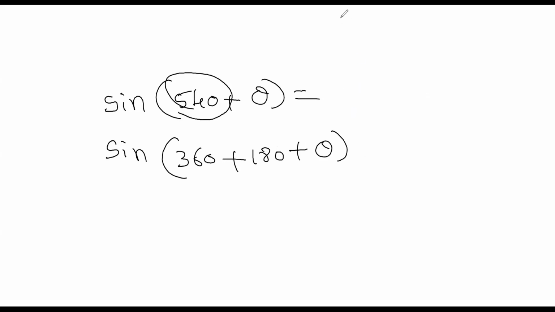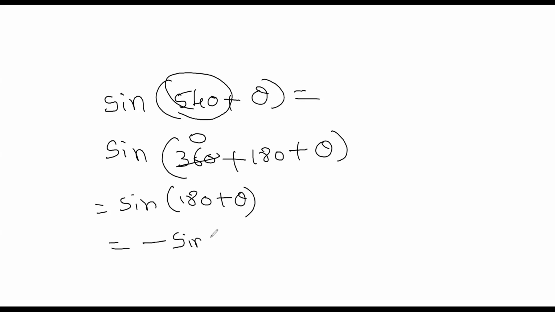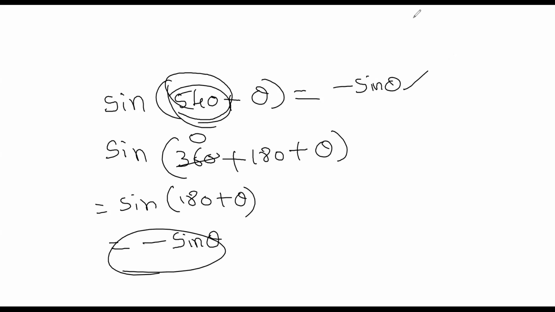Now, same thing, which is equal to sine of 360, which is nothing but 0. Right. So same as 180 plus theta. What is sine of 180 plus theta? Yeah, so minus sine theta only. Minus sine theta itself. That you told is correct. Okay. Don't get confused by seeing 540 or something.